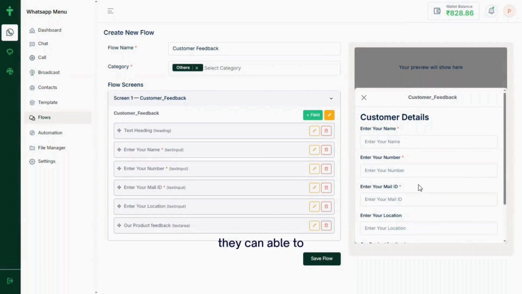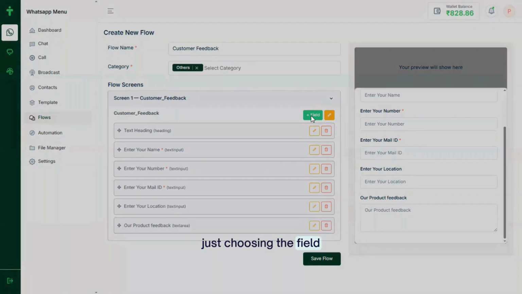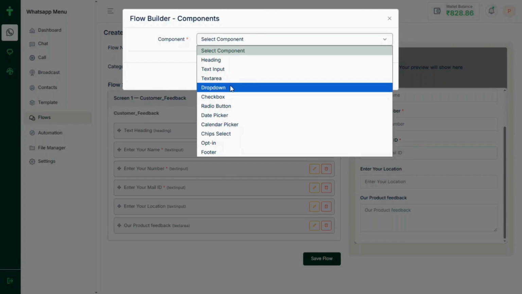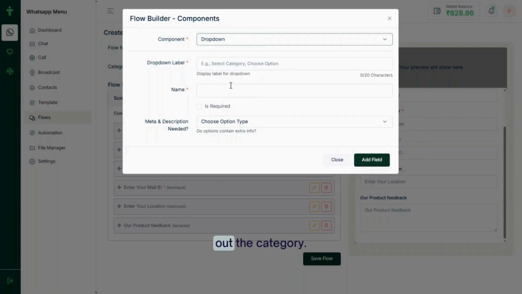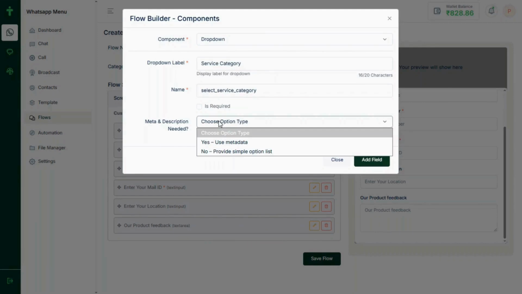Once everything is done, they will be able to give the feedback in a text area portion. Next I'm choosing the field called drop down. It will list out the categories. I'm labeling the drop down as service category. In the name I'm giving select service category. In the meta and description needed, I'm choosing the type as